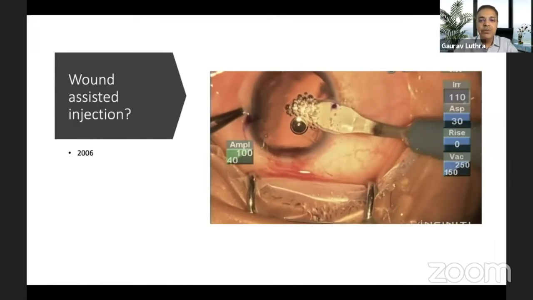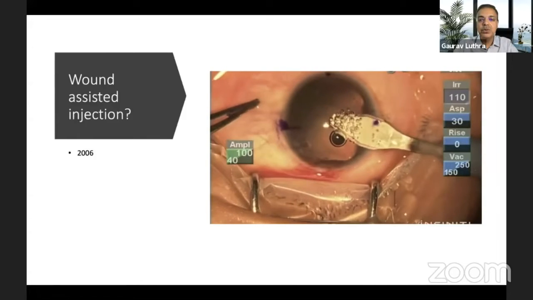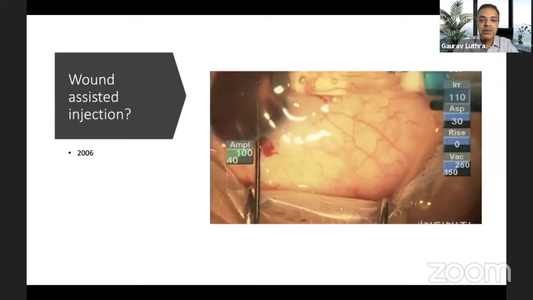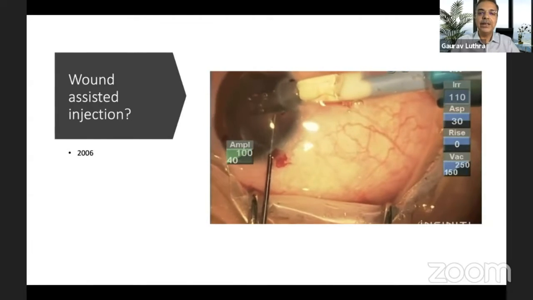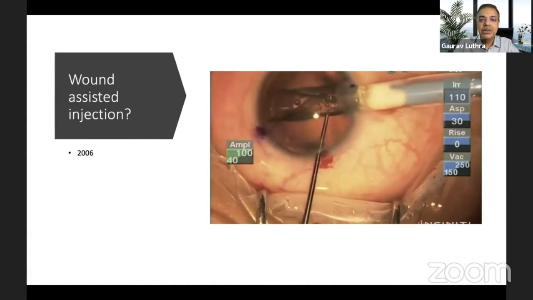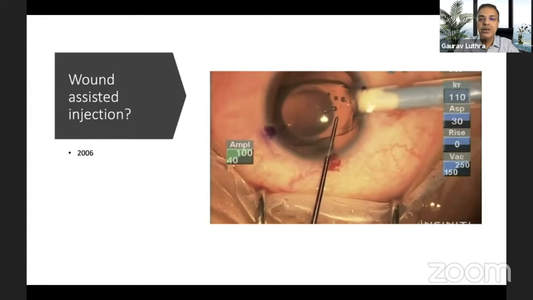And of course, if you attempt to do a wound assisted injection, unlike IOLs here, you will always end up in a soup. So see, I'm having to enlarge my incision. Now I've learned from my mistake. I'm now stabilizing the globe with a globe stabilizer, enough viscoelastic, and the cartridge tip inside the incision, or at least to the innermost lip. Then you do a controlled counter traction with your manipulator, and only then can you get the ICL in.